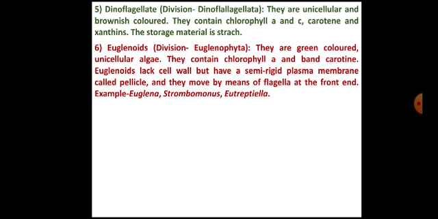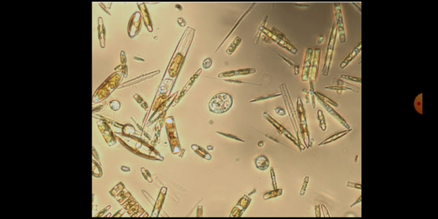Next, a more familiar class is euglenoids. Division is Euglenophyta. They are green colored unicellular forms. They contain chlorophyll A and B and carotene. The important characteristic is that euglenoids lack a cell wall. There is absence of cell wall, but they have a semi-rigid plasma membrane called pellicle, just like protozoa. That is why they are mistaken as protozoa. And they move by means of flagella at the front end. Examples are Euglena, Phacus, and Trachelomonas. This is a beautiful picture of